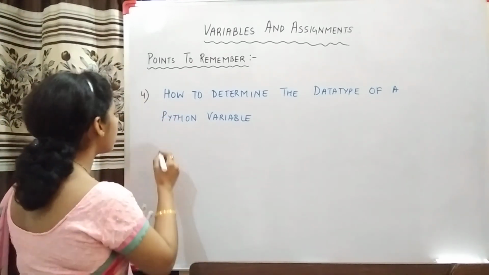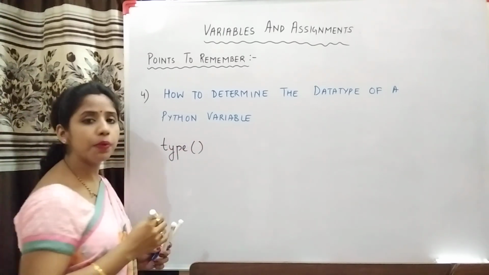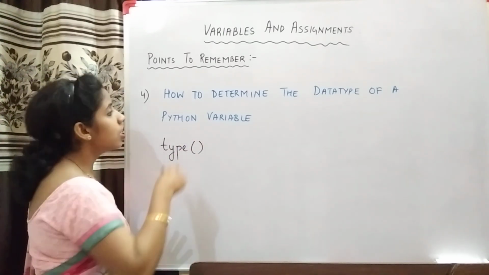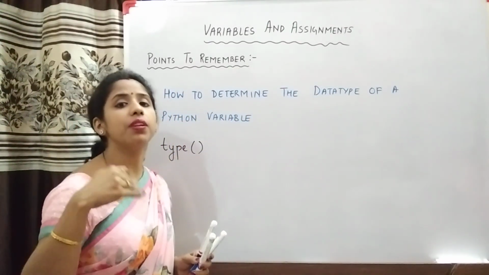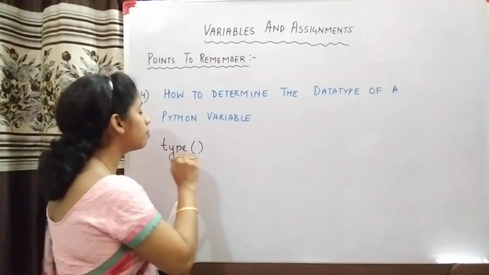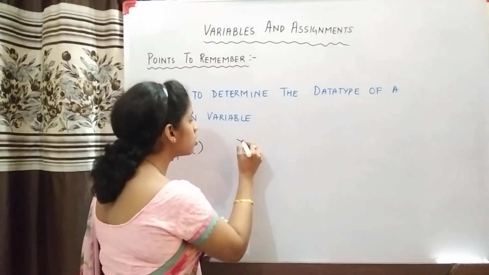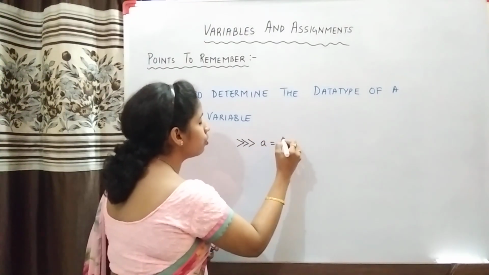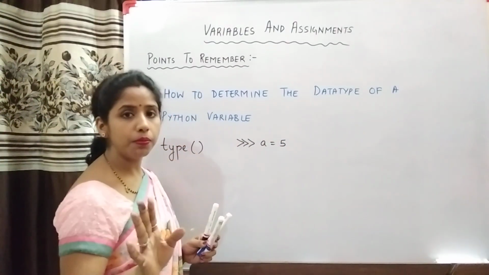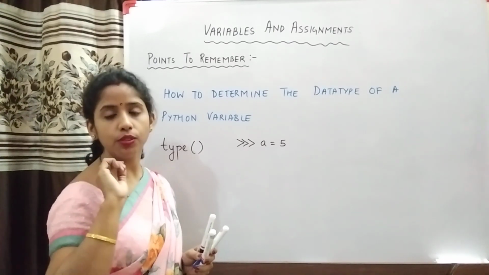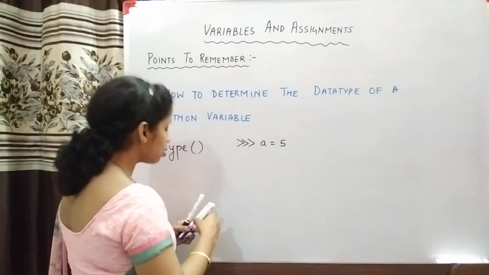For that we have a function in Python called type function, and the purpose of this type function is to determine the data type। मतलब किसी वेरिएबल में इस समय किस टाइप की वैल्यू स्टोर्ड है ये पता करने के लिए हम इस फंक्शन को यूज करते हैं। Now let us take some example। Suppose मैंने सबसे पहली वैल्यू a को दी 5, okay. So you know right now this variable a is an integer value, integer variable. So if I want to see its data type, ठीक है, so I am writing